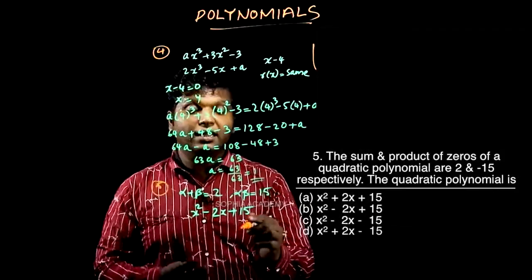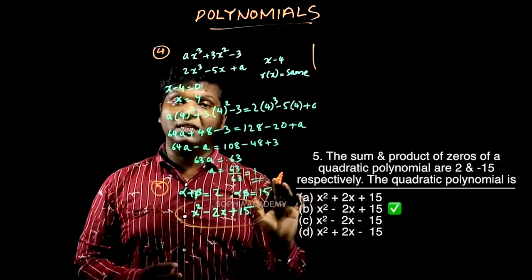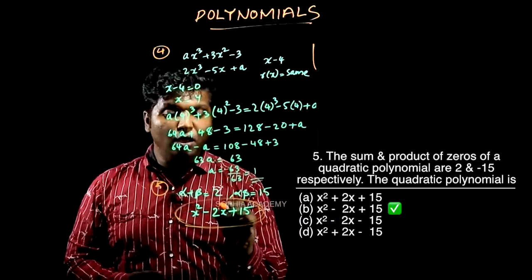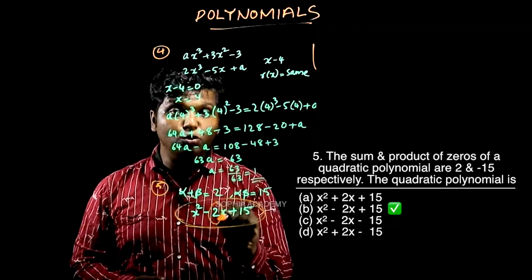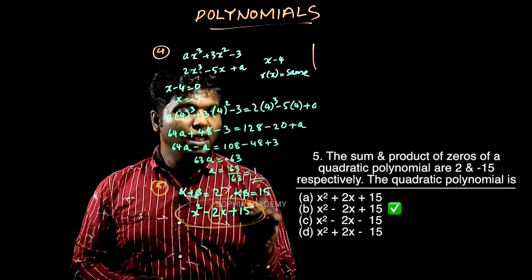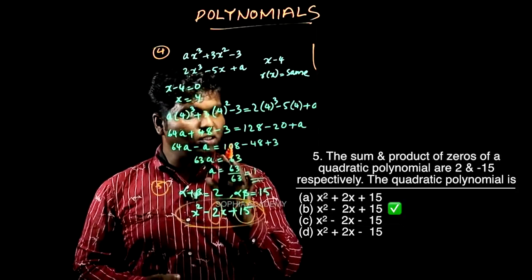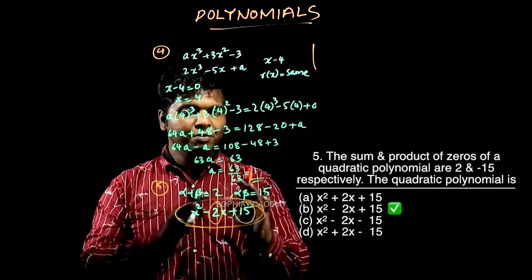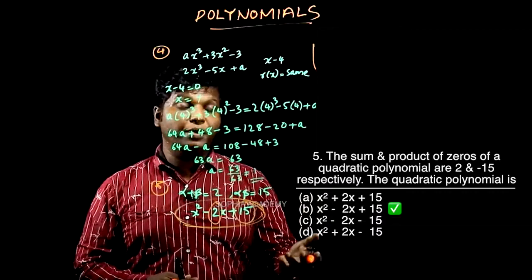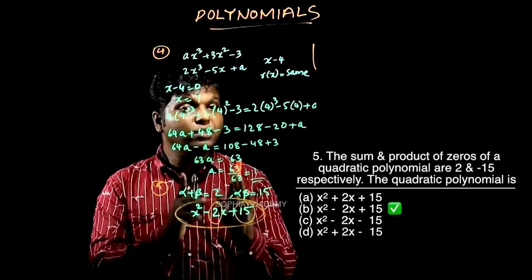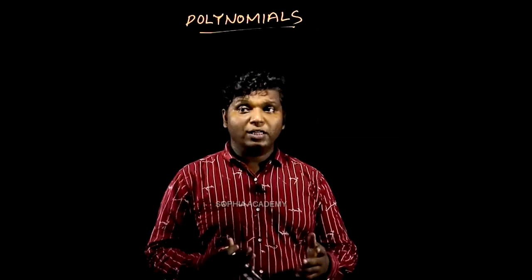So in other words, we can say like this: whenever you are seeing such a polynomial, just imagine that only this polynomial is given. So if this polynomial is given, what does this 2 mean? I'm not talking about the sign here. What does this 2 mean? This will be the sum of the zeros. What does this final term mean? The final term is the product of the zeros. You must keep this in your mind. So keeping this in your mind, we can do many more problems. Very simply you can solve them if you understood the concept behind this. Hope that this is clear. That's it. So let's go to the next question.